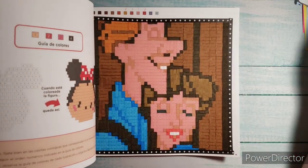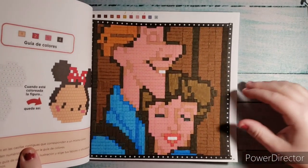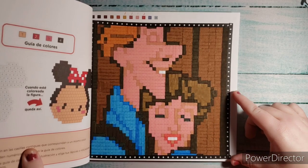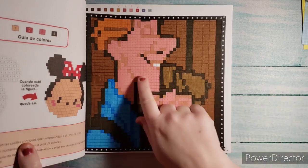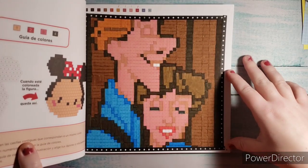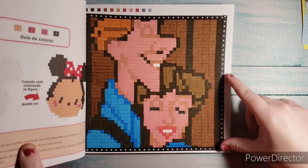which is this one, and I did a block color, so straight color basically. If you guys don't know who this is, the couple off of 101 Dalmatians, his name is Roger, and I think her name is Anita. And they're just kind of giving each other a hug here. And then I put washi tape around the border. And I used